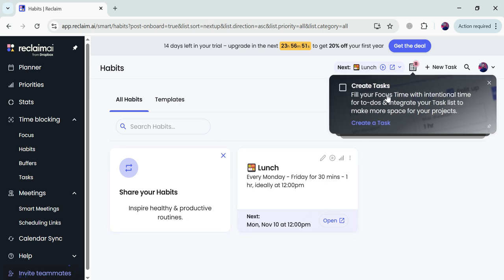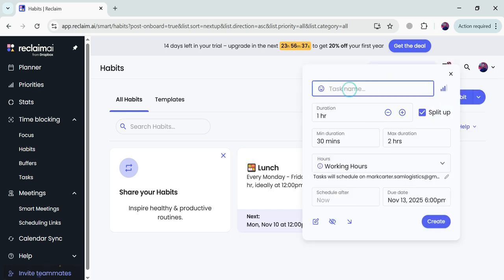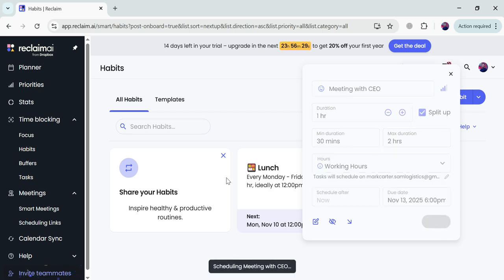After that you can also create tasks, filling your focus time with intentional time for to-dos. Like if you have a meeting, you can add a task for the meeting. So here you can write the name of the meeting with CL. This is the task I have added. Now you click on this create button and it will create a task.